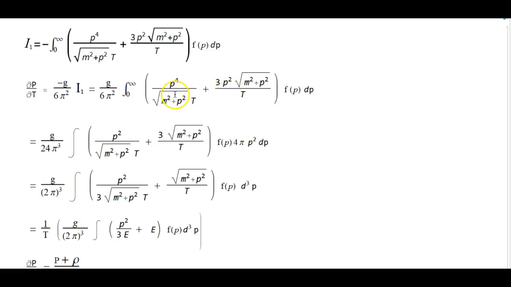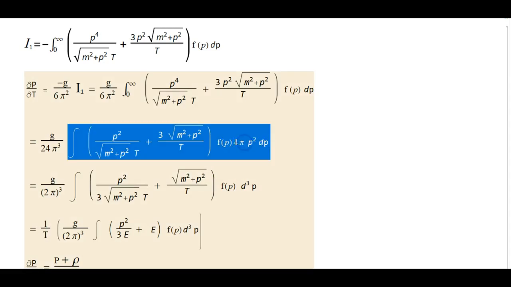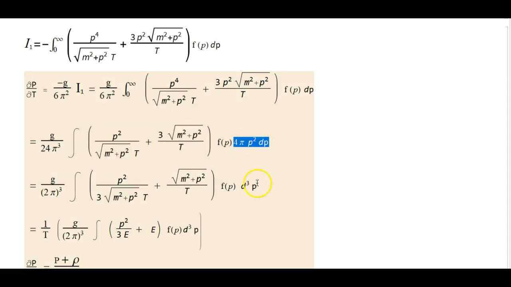And this would become g over (2π)³, and here we have f(p) 4π p² dp, and 4π p² dp I can write as dq(p). So I have g over (2π)³ f(p) dq(p). So you can see what I'm trying to achieve here. I'm putting it in the standard form where you have g over (2π)³, and then you have f(p) dq(p),